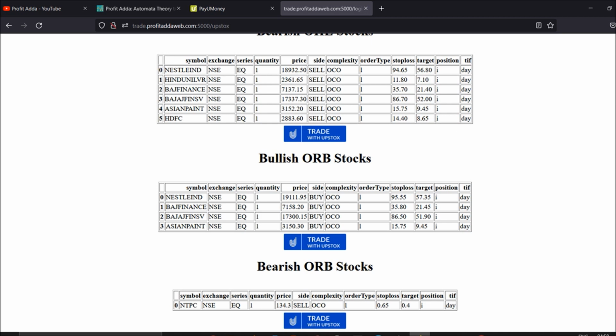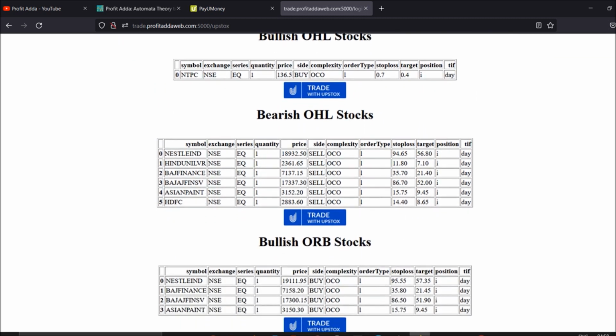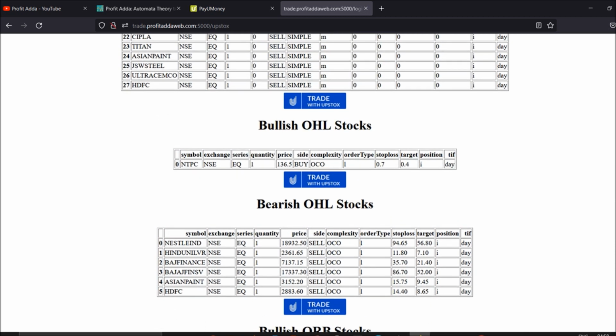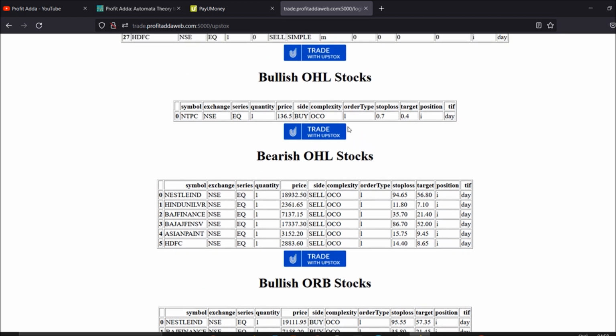Now we got our stocks. Right now we got open equals high and open equals low. Now vice versa we will definitely do the same. Whatever bearish stocks we got, I need to check. Suppose I'm trading these stocks: if open equals high, then I'm definitely checking open equals low, and if the stocks are in buy, meaning top gainers, I'm definitely going with that one. OC orders will be there, where you can place the order. Stop loss and target will be there, with 0.3 to 0.5% calculations. The same I'm going to follow, vice versa.